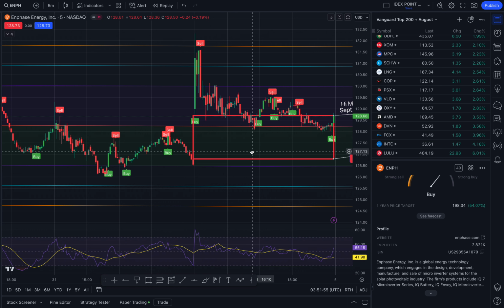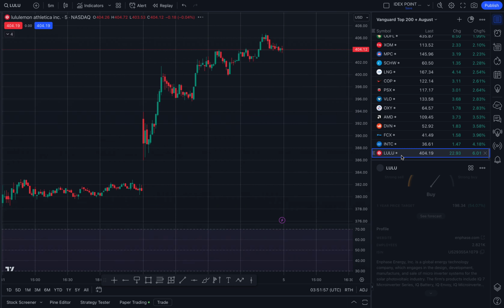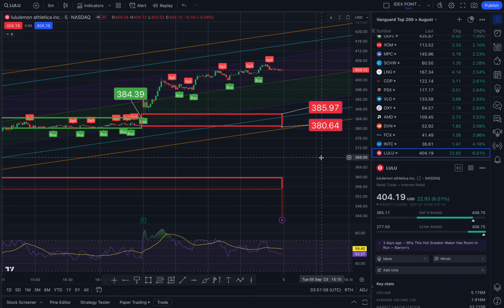There we go. The next stock is Lululemon, my niece's favorite store. She's a gymnast, so she likes to shop there. And we ended the week at 404.19, up 6%. To the north side from where we are takes us to